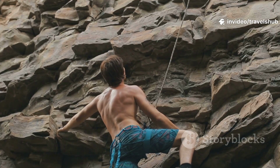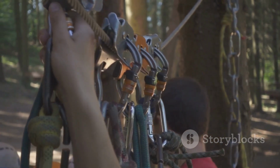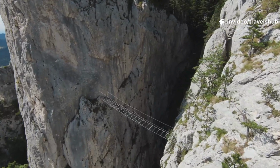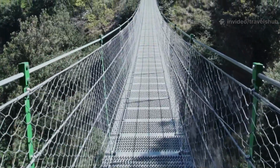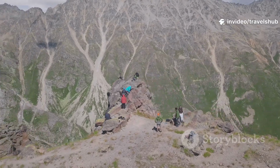Your arms begin to burn with exertion, your legs start to shake from the constant effort, and you have to focus intently on each clip of your carabiner and each placement of your feet on the iron rungs. Precision and focus are key. Adding to the thrill, the route includes a suspension bridge, swaying precariously in midair, adding another layer of excitement and challenge to the experience. The entire climb typically takes about 2 hours, a testament to the demanding nature of the